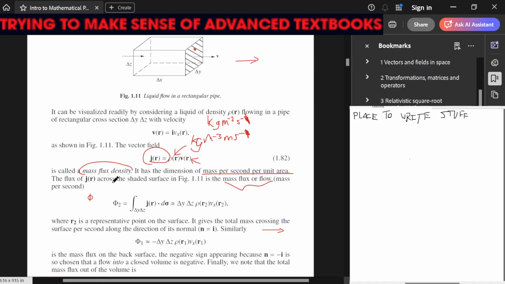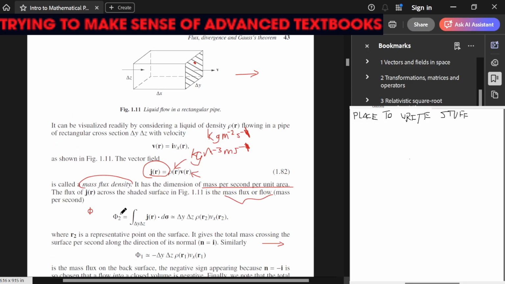The flux of J(r) across the surface is the mass flux. Why does this have a 2? Flux 2 equals delta y delta z, which is the area here. Integrating across this area is summing up all these little pieces in this area, J(r) dot